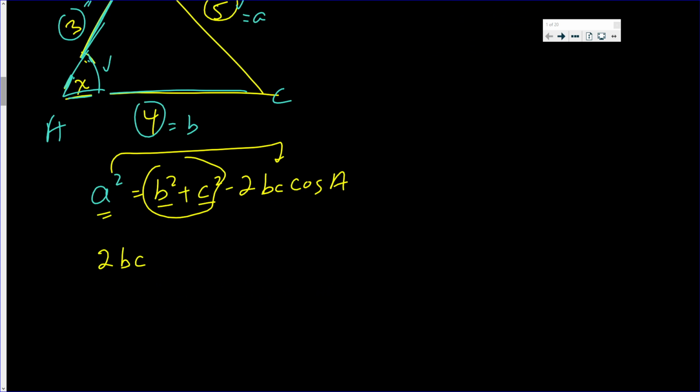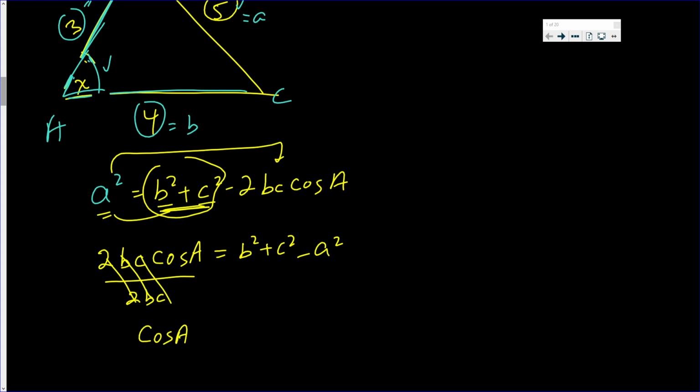I have 2bc cosine A is equal to what was originally on the right side, and I bring over the a squared as minus a squared. What I mean by positive is, now when I divide by 2bc, I have cosine A, not negative cosine A. Divide the other side by 2bc. So cosine of A